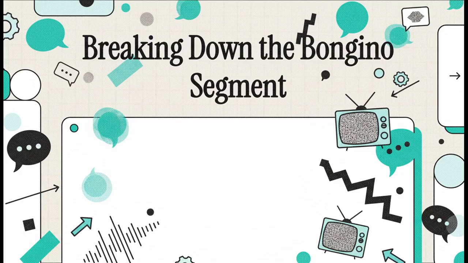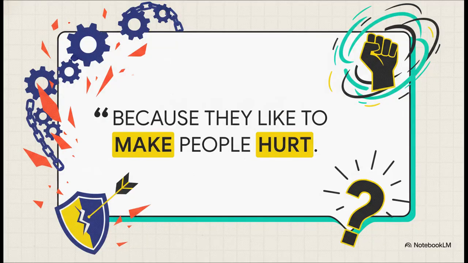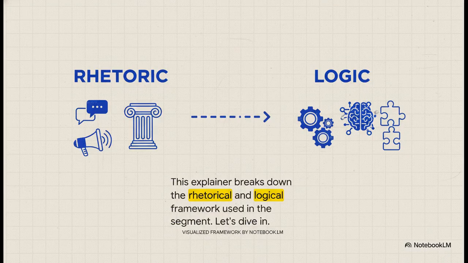Let's get into it. Okay, so everything we're about to unpack really starts right here with this one powerful claim. The argument isn't just that bad things happen because of certain policies. No, the argument is that causing pain is actually the goal. This is the emotional core, and you'll see how the entire case is built up from this foundation. So the big question is, how do you get from a statement like that to a complete, structured argument? Well, that's what we're going to trace out.